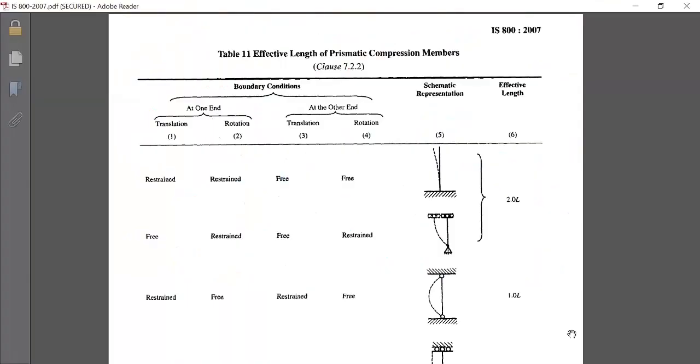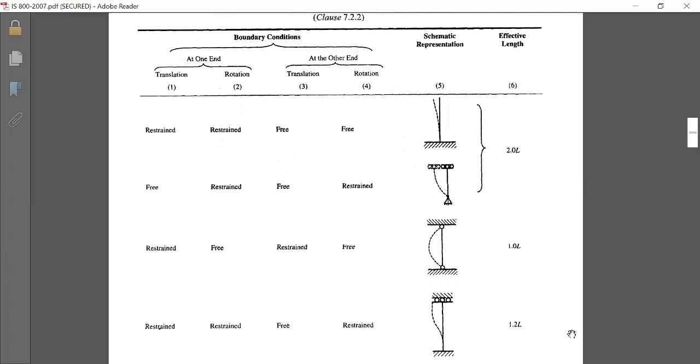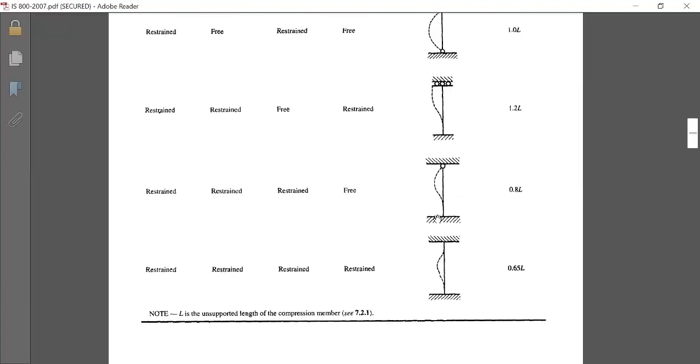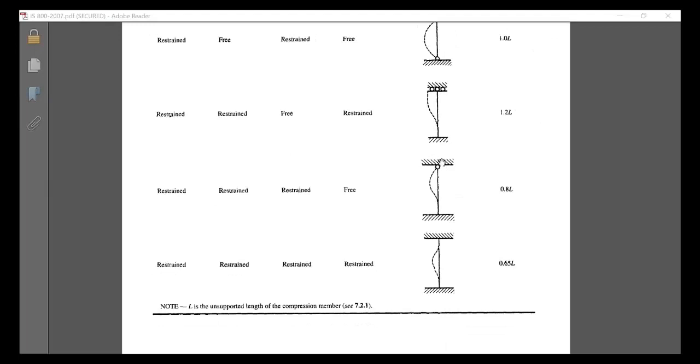So this is table 11, where you can see the effective length condition. So what is the condition that is given? One end is fixed and the other end is pinned. Pinned is also nothing but hinged. Pinned or hinged, they both are same. See here, the first one is one end is fixed, other end is free. The second one is one end is hinged and the other is a roller. Here both ends are hinged, and the next one is one end is fixed and the other end is roller. And the next one is one end is fixed, the other end is hinged.